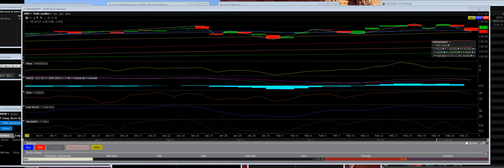Semiconductor Holders Index, SMH, daily chart. Now, let's talk about this once again. We have a confirmed reversal top right up here. This is the second day we broke below the 10-day. We broke below the 20. And we're coming down, and there's going to be a major test at the 50-day moving average on the SMH,